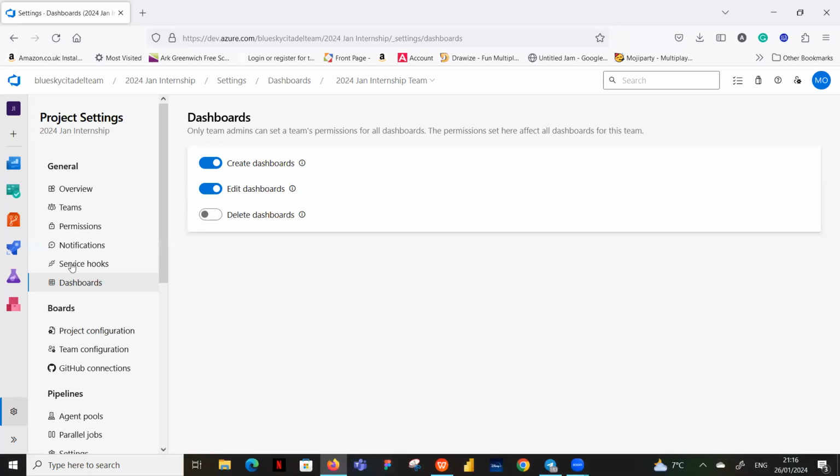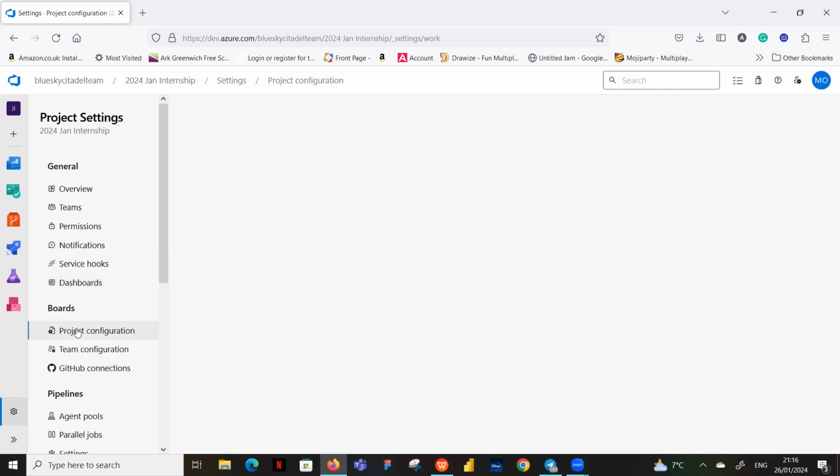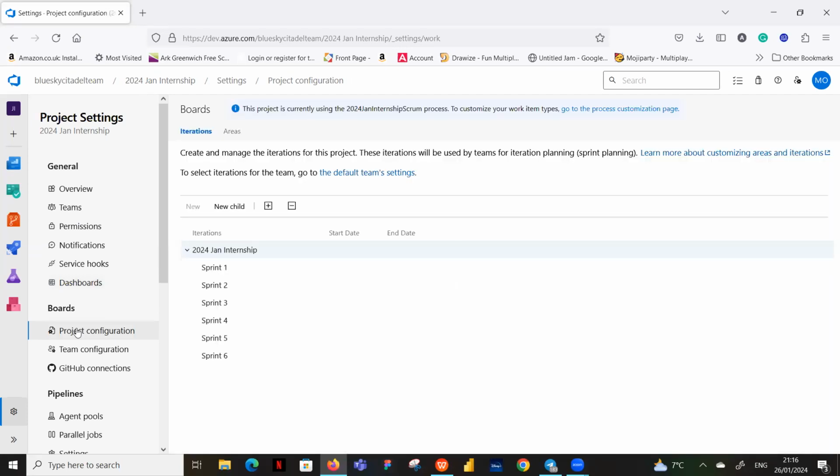Again, your project settings. So we want to configure our project now. If I click on that, it brings us to this page. All right, and you can see it says to select iteration for the team, go to the default team setting. We can see that here, and that's what we want to sort out. We want to configure that. So if I click on that,